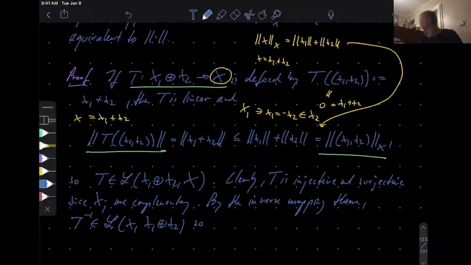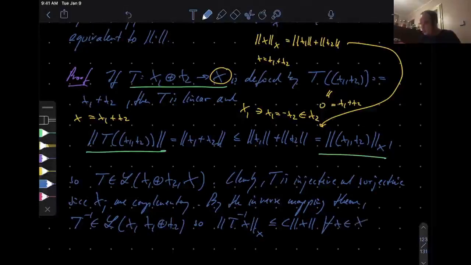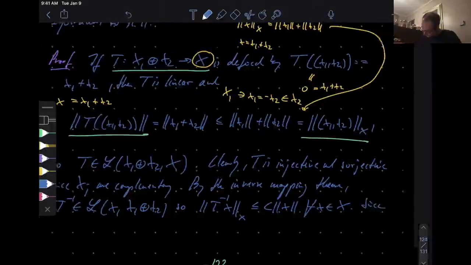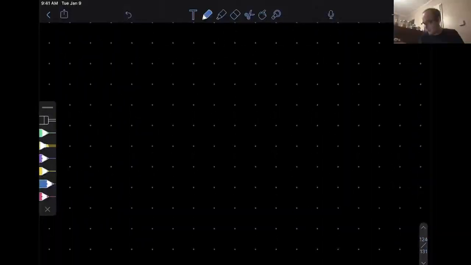So let's just write out what this means. So T minus 1 of x, this is now going to be an element here in the direct sum. So I use the cross, almost looks like an x, but okay, in the notes it's clearly visible that it's not an x. This is less than or equal to c times the norm of x, all right, for all x in X. Good, and now you just write this out, what it means. Since the Xj are complementary,